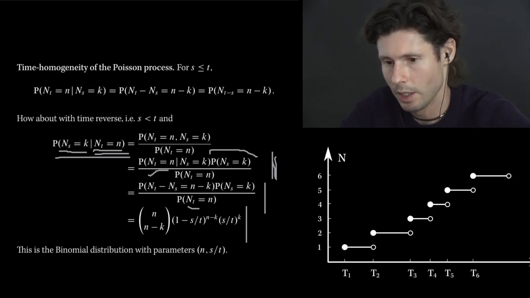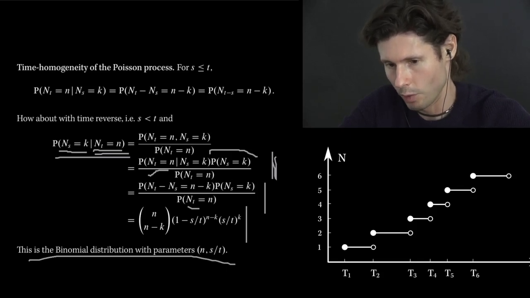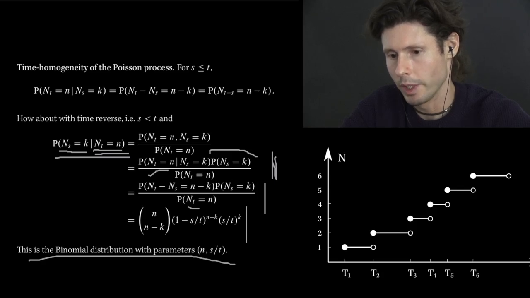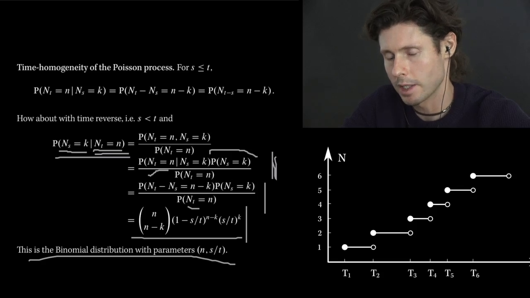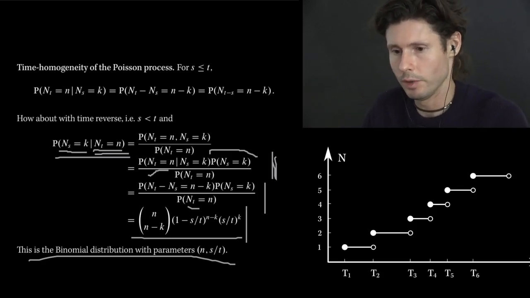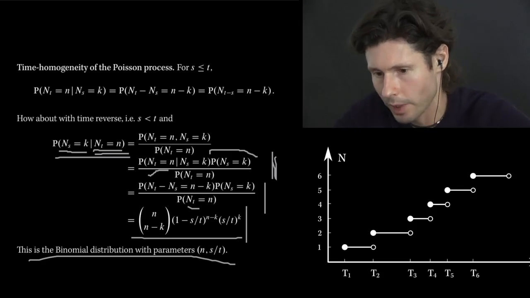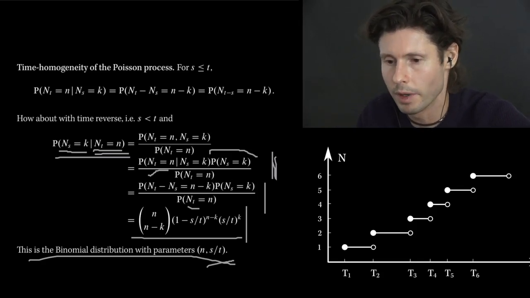So this is an interesting thing to think through. I'd encourage you to do it on your own. Look up what the binomial distribution is. It has to do with arranging a certain number of events with a certain probability, and the formula is actually quite sensible. You have n minus k events that you have to arrange, and you have a certain time interval, from time s to t, in which you have to arrange them. So there's a ratio, the s over t ratio that comes up there, that is really coming from the fact that